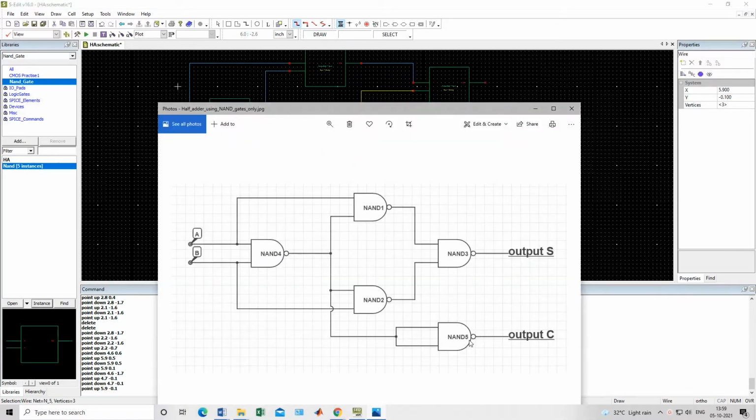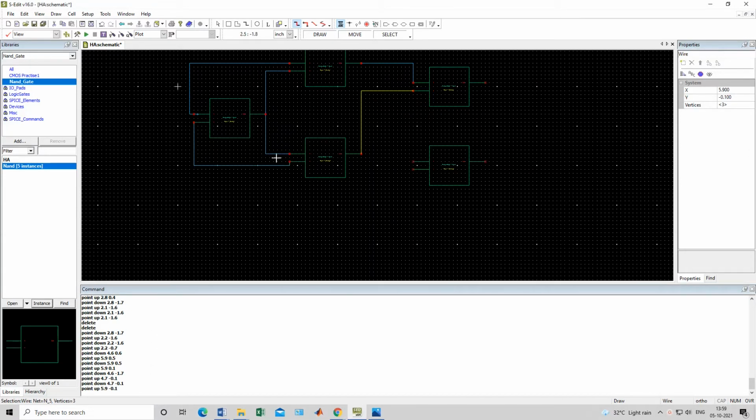Now for carry, what we have to do, we will take the output of this NAND 4 gate directly to NAND 5 for carry. At NAND 5 we will give this same output of NAND 4 to both of the inputs of NAND 5, same output. So you can see first we will take this one and connect it.